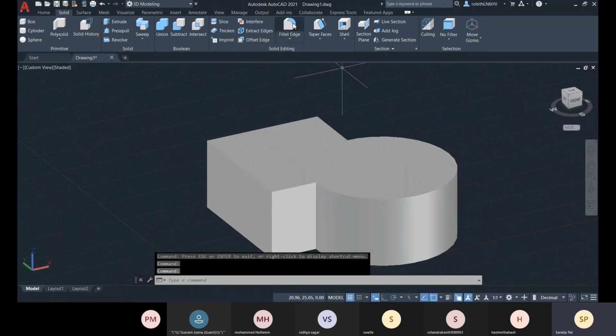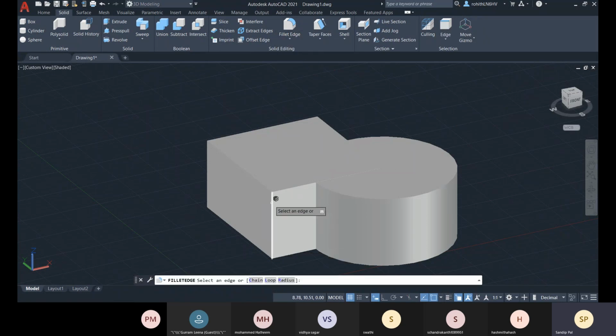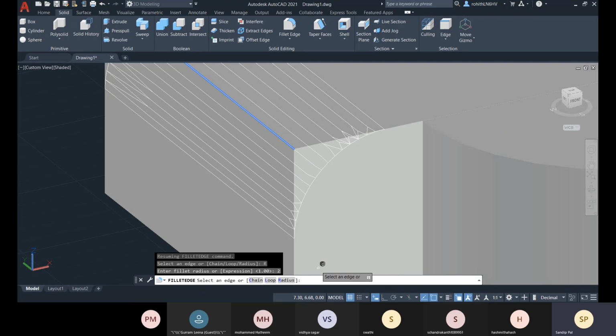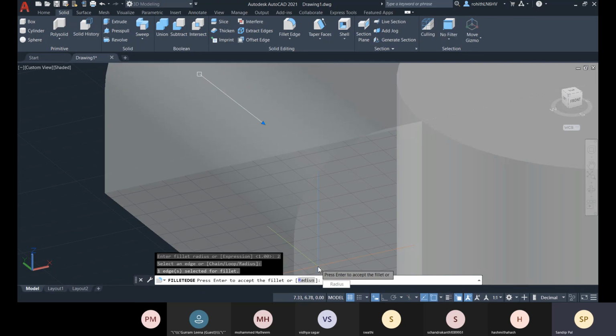We have this option called fillet edge. So you go for this edge, and that can be filleted with the default radius. So the default radius is 1 right now. You can set it to anything like 2, enter, and then go for enter, and that is done.